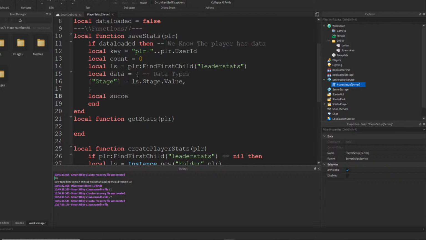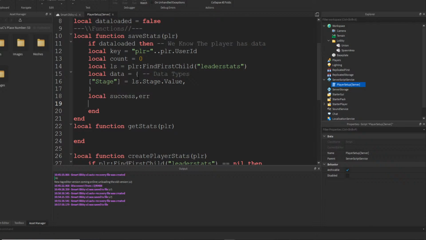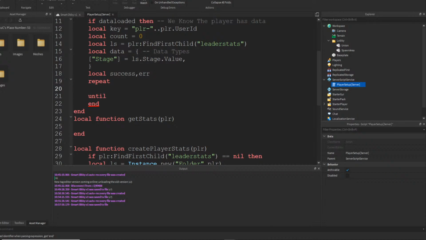So success, error. And then we're going to say repeat. Then we'll come underneath here and say success. So we'll do repeat until count is greater than or equal to tries or success. Then we'll say success, comma error equals pcall function,